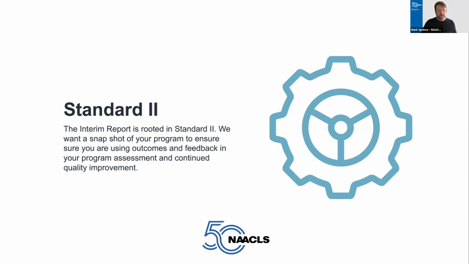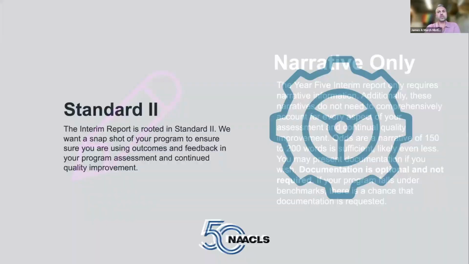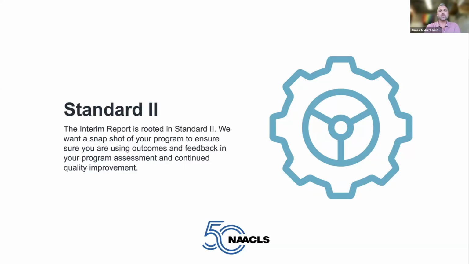But Jimmy, did you have anything to add with how to approach this from the standpoint of looking at standard 2? I think this would be a good thing to just pick a couple of examples. So standard 2 is all about continuous improvement and assessment. So if you pick 1 or 2 things that you've used to assess over the last couple of years, or something that maybe you've noticed a change in, use that as an example to help write the narrative for the report,